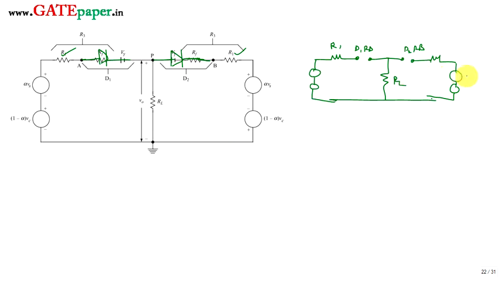So this will be plus minus alpha Vs, and this is 1 minus alpha times Vn, you can write it as plus minus, and this is plus minus alpha Vs, this will be 1 minus alpha times minus Vn. We are not going with this one, because diode 1 is connecting with negative polarity, diode 2 is connecting with positive polarity. So we are only considering this loop,